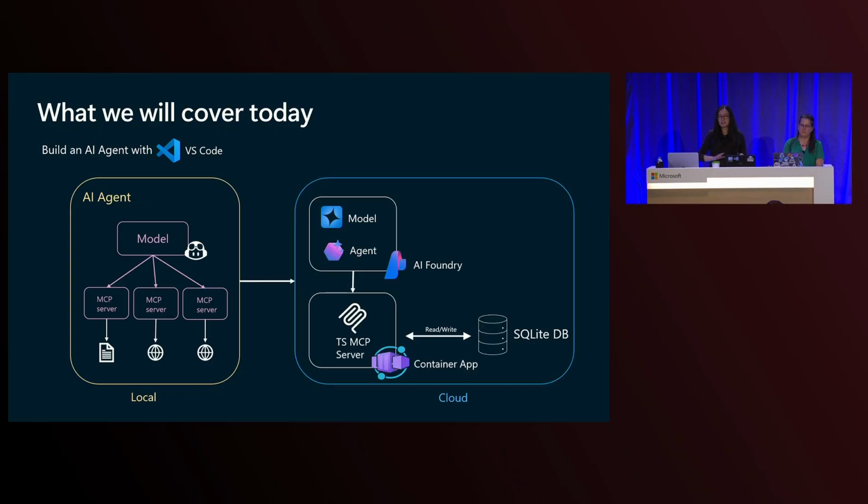After that, we're going to start taking pieces of our agent into the cloud. Throughout the process, we use the AI Foundry service. I'm sure you have seen a lot of that in the keynote in the last 2 days as well. And then we're going to deploy the MCP server into another service called Azure Container Apps. And as we move that file system MCP into the cloud, instead of a single file, we're going to move the file into a SQLite database. So everything will be up and running in the cloud. That's a very high level of what we're going to cover.